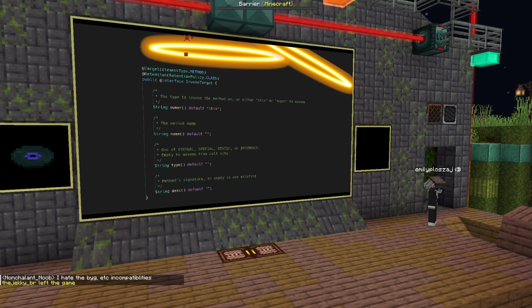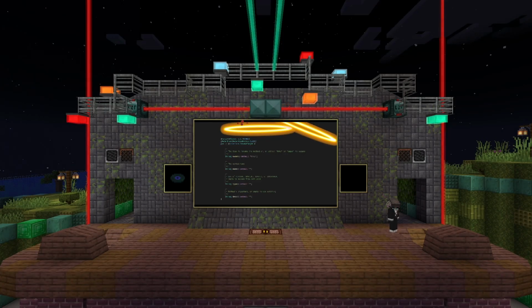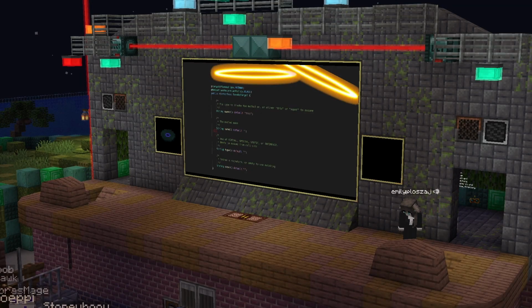Then, just like renaming methods before, I can go through all of the instructions in the class and see if anything called the previously existing invoke target methods. If they do, I replace the invoke instruction with the real instruction specified by the annotation, using its owner, name, and descriptor.